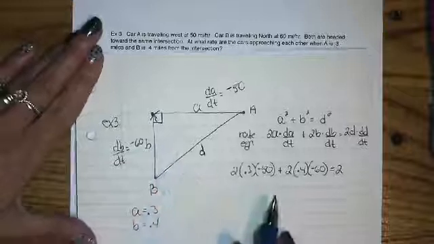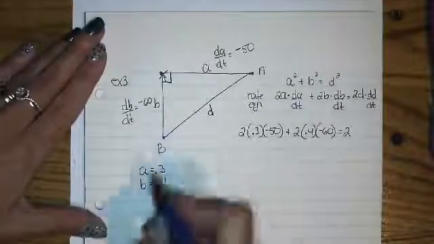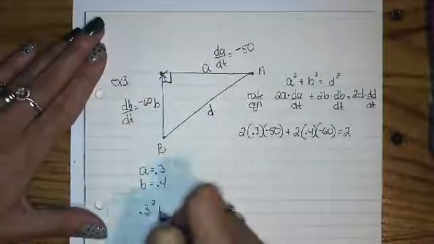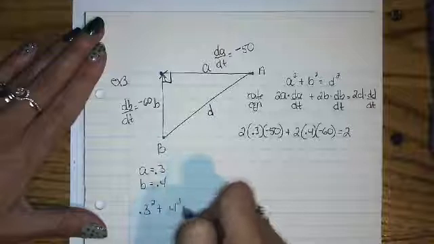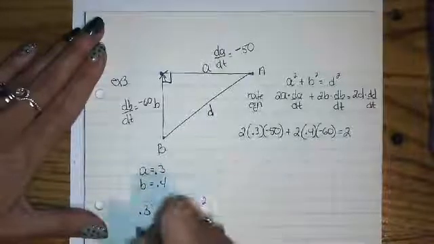So I go back. I know that a is 0.3, b is 0.4. I can find the third side of a right triangle when I know 2 of the sides. So 0.3 squared